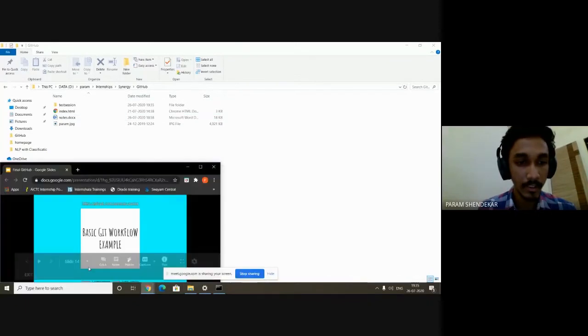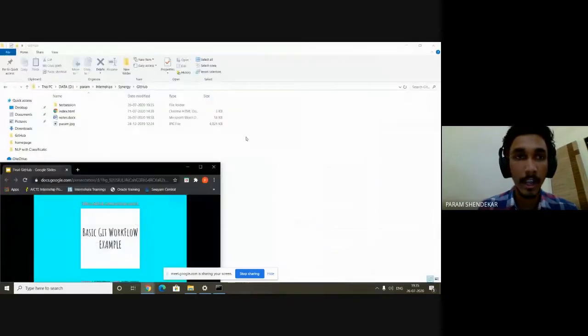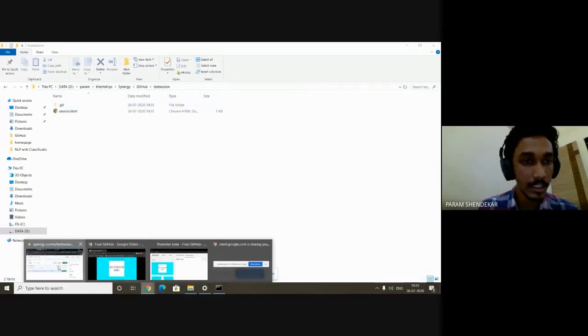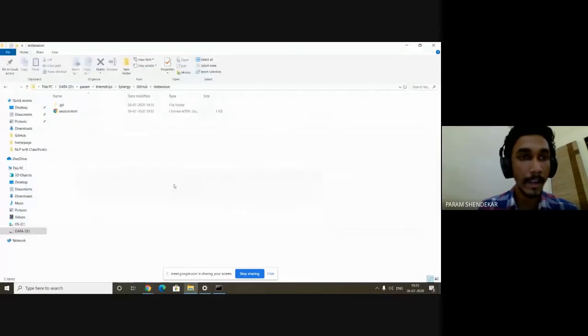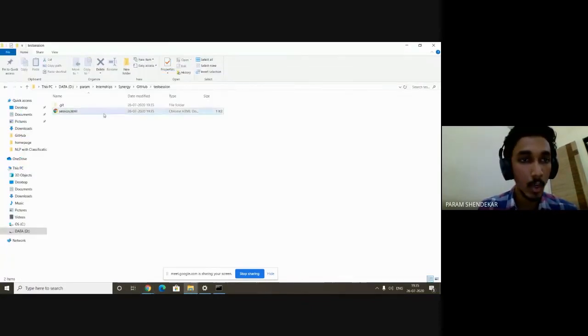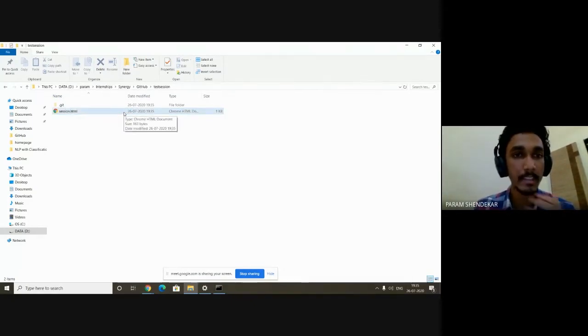And if you guys noticed, the name of the repository was test session, and I now have a folder named test session here. So when I go inside it, you guys can see this was named session.html, and I have the session.html file directly here. And if I open it, it is the same as it was with Mihir. So now, as I explained, when we need to work in a group and contribute to the same source code, we'll use this, so that now I have the same source code as Mihir has.